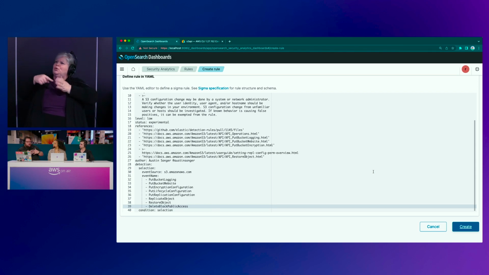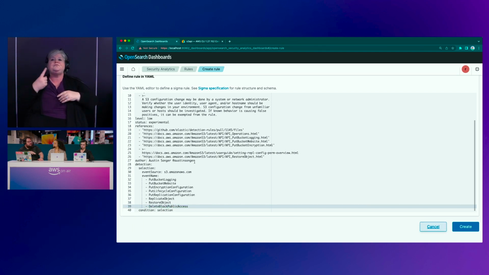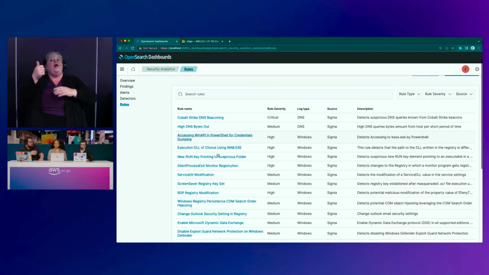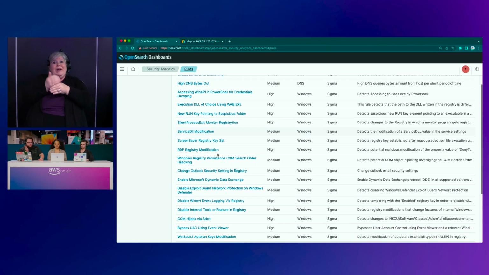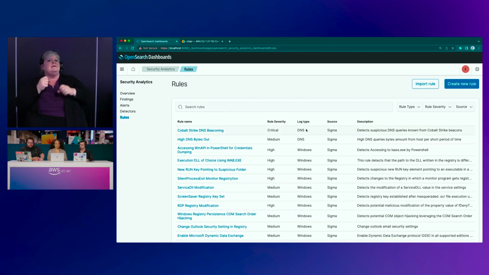I mean, you know your environment better than anyone else would, so you're able to add context to alerts, tune them, make them more applicable and actionable for your environment. But it's great because also, just looking back at the rules, these aren't just for AWS log sources. Like I even saw a rule for Windows system logs. Yep, Windows system logs, DNS, lots of different use cases for different types of logs.